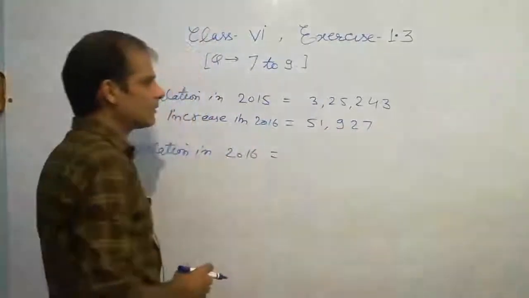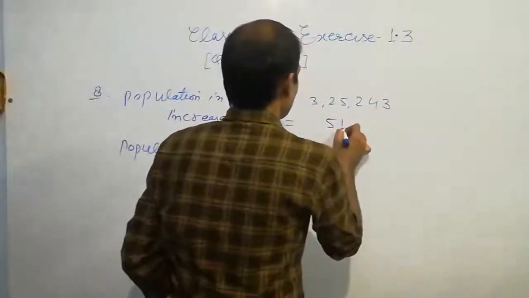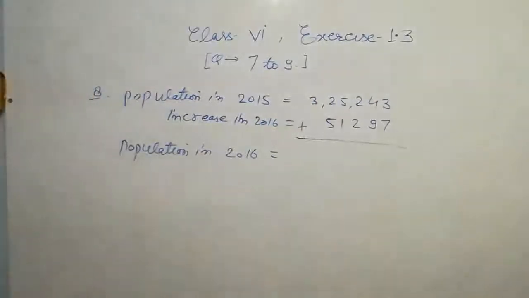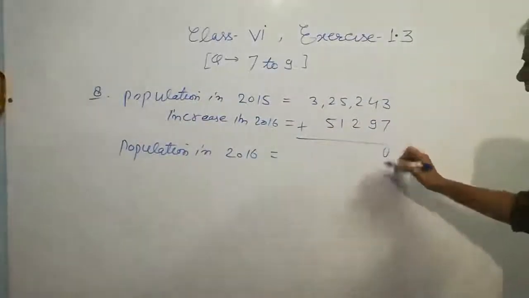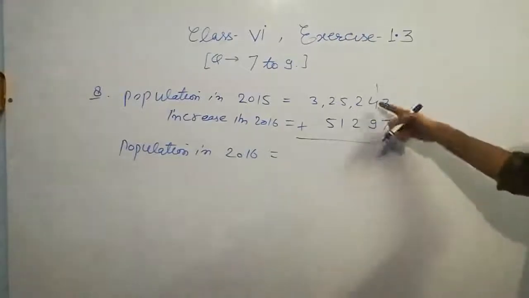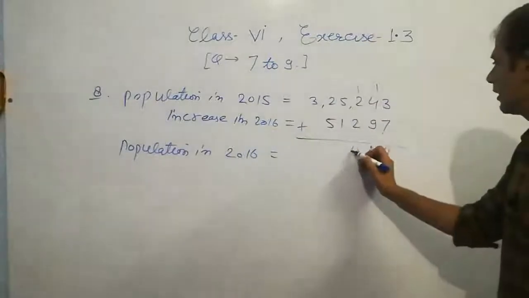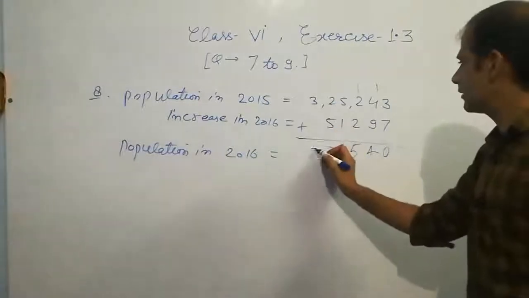So write these digits of both the numbers column wise, and directly perform the addition. So I check the values, 325,243 and 51,927. All right, now perform the addition. Okay, 3 plus 7, 10, 1 carry, it is 5 plus 9, 14, 1 carry, it is 5 plus 1, 6, and 5 plus 2, 7, and it is 3.